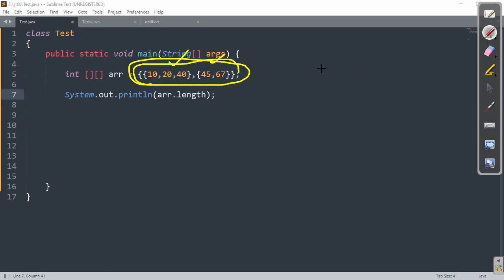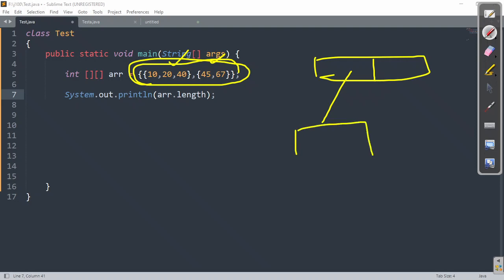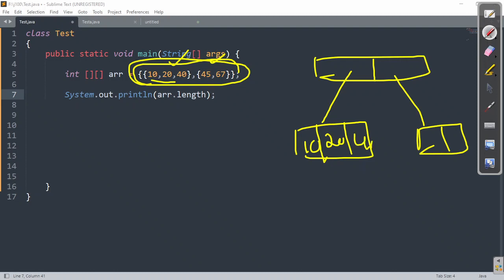Column number 1 and column number 2. So the base will be 2. Clear? And this one will be referring to one more one dimension array having how many elements? 3 elements. The second one will be, yes, 2 elements. This will be 10, this will be 20, this will be 40. Similarly, this will be 45 and this will be 67. Right? And the name of this one is ARR.